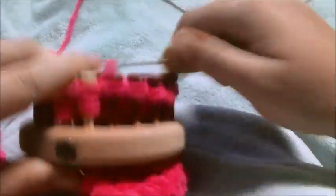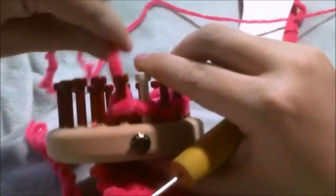Finished with a purl, we're going to start with the E-wrap. Okay, now we're going to increase again, so we're going to wrap the next peg, and we're going to be starting with a purl because we E-wrapped. So you're going to continue this process of you do the increase and then you work back and then all the way over, and then you do a single set back and forth, and then you increase again, and you